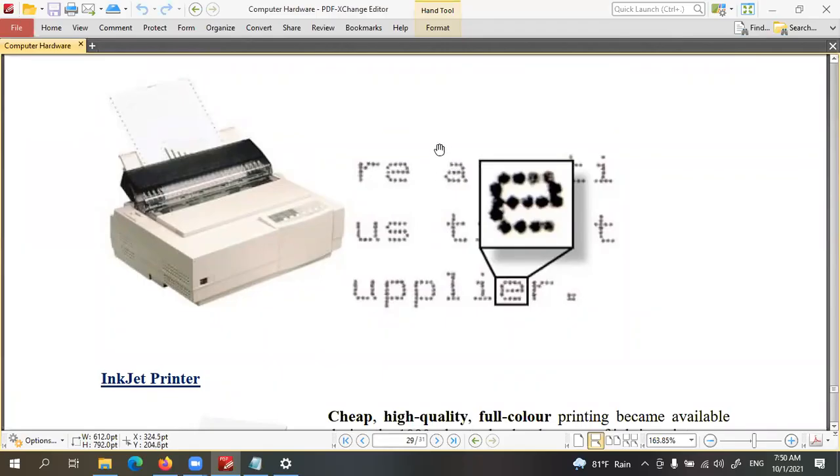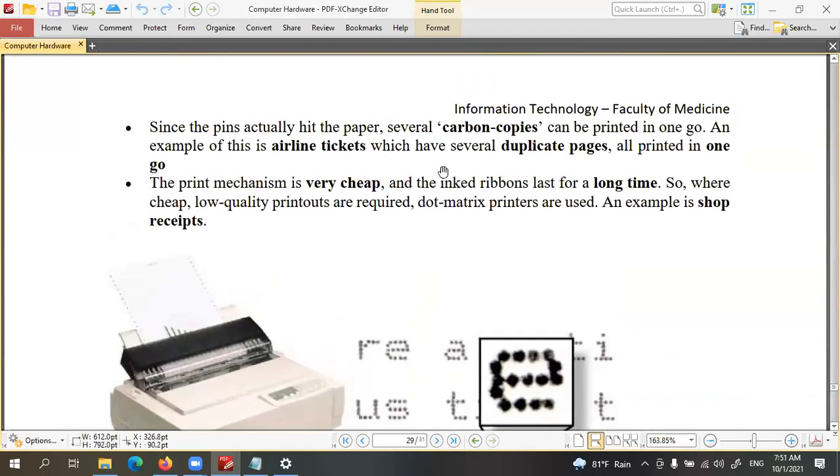Slow in speed. Printing is slow. Again, very limited fonts can be used. This is not suitable for graphic printing, right? But these are important because where we need to have a printout at less cost and the quality is not a requirement, then these are the ideal ones. Just, these printers are very cheap.